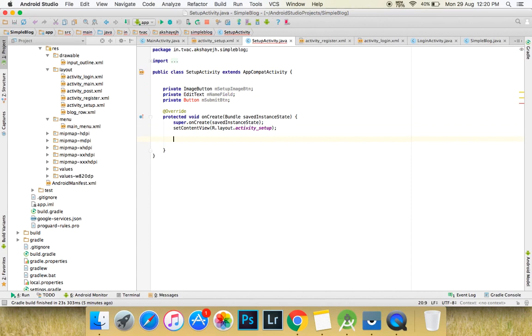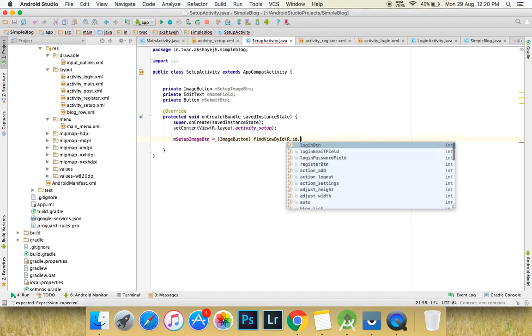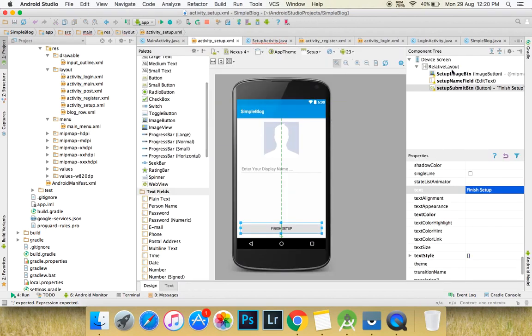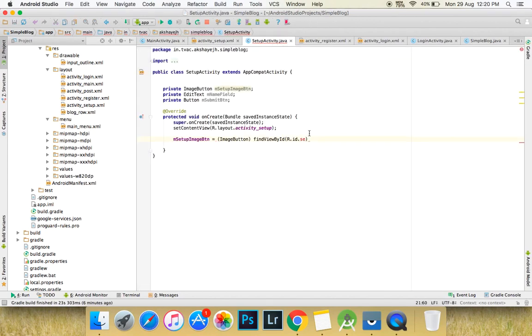Then we need to say setup button image button. All right, this is image button. Find view by id R.id.setup, what was it again? This is setup image button. So R.id.setup